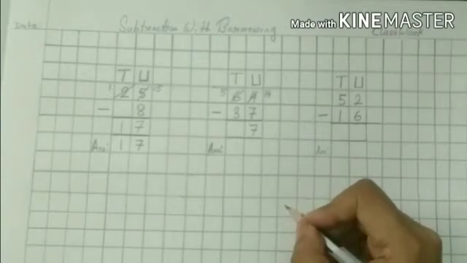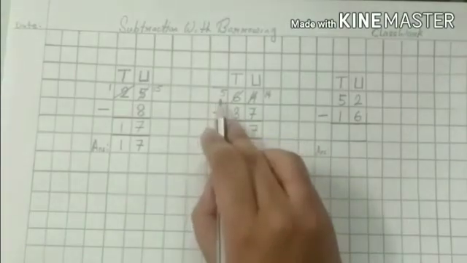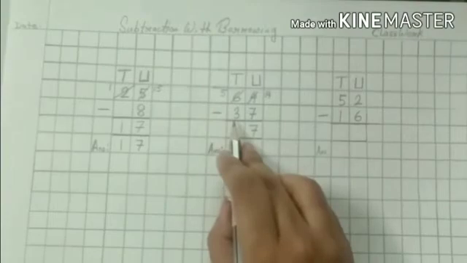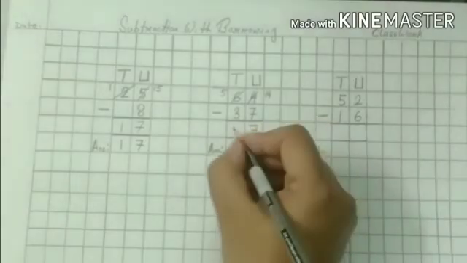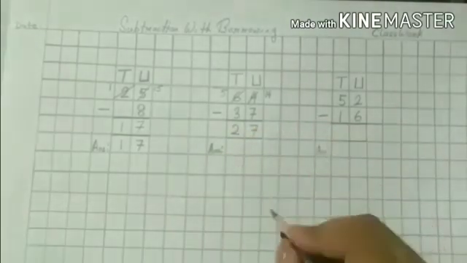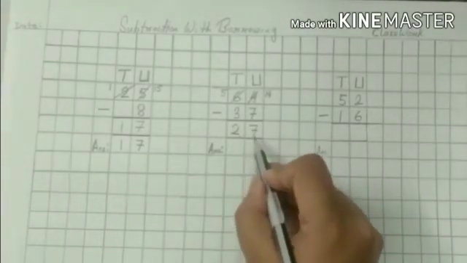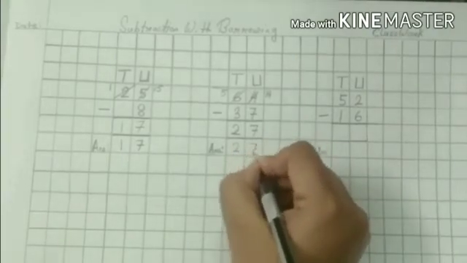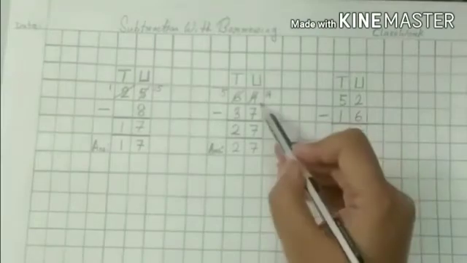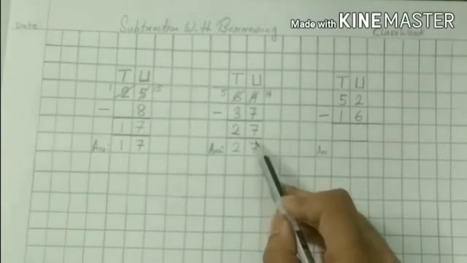Okay. And now let's subtract the tens column. Here we have 5 tens because 1 was already taken, and here we have 3 tens. So 5 tens minus 3 tens is equal to 2 tens. Alright. So we have 2 tens and 7 units. So the answer is 27, children. So 64 minus 37 is equal to 27.